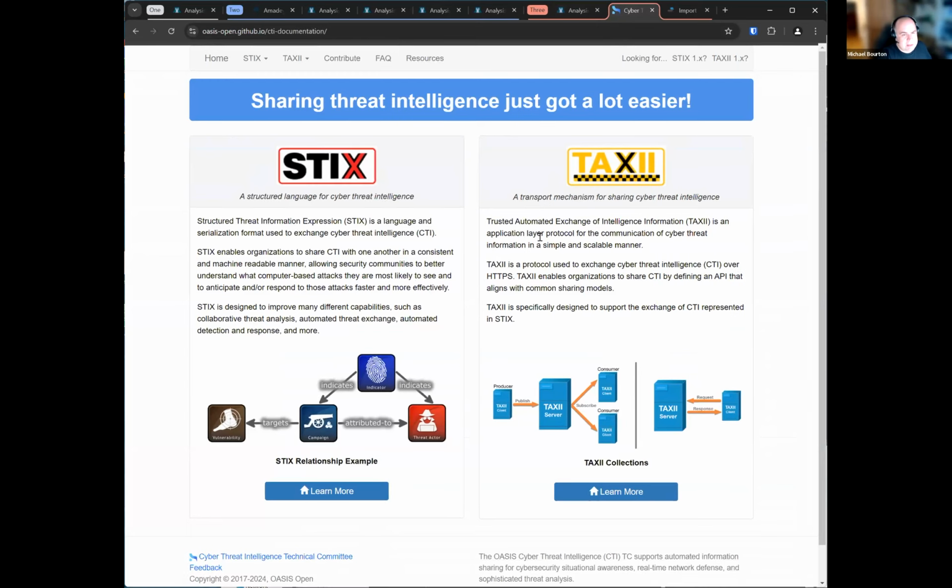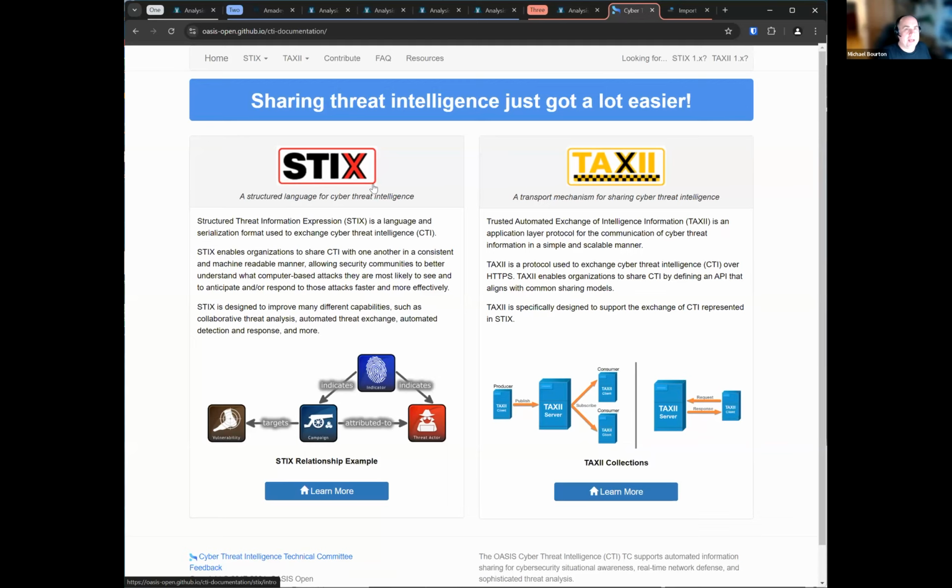These two go together, their dream partnership. STIX is the actual structure, similar to, say, JSON or something like that, for exchanging cyber threat intelligence. And TAXII is the protocol, the server, the system for actually sharing this, either in your own organization or with a wider community. The great thing here is if you go to your vendors and say, can I import STIX cyber threat intelligence? The chances are they're already really going to be set up for this, because again, this is